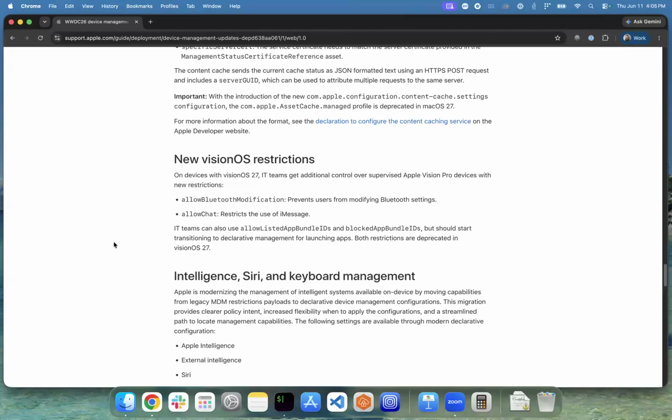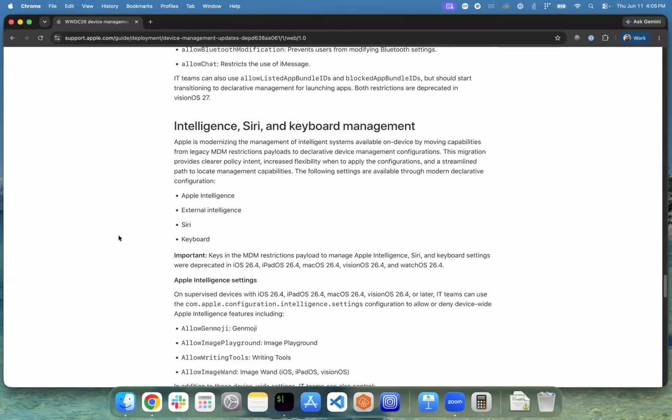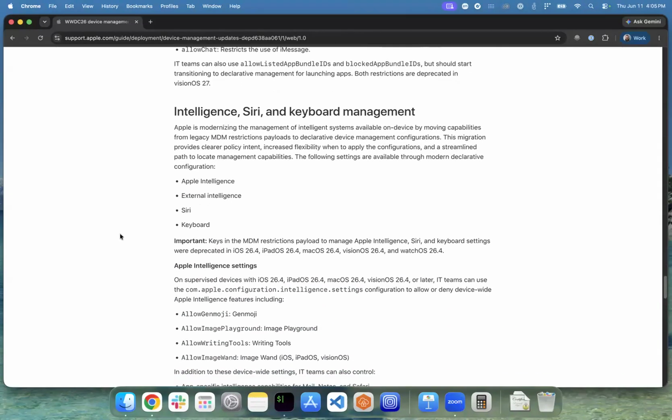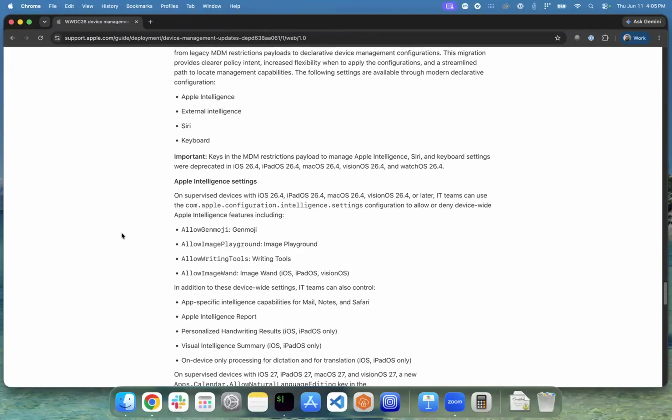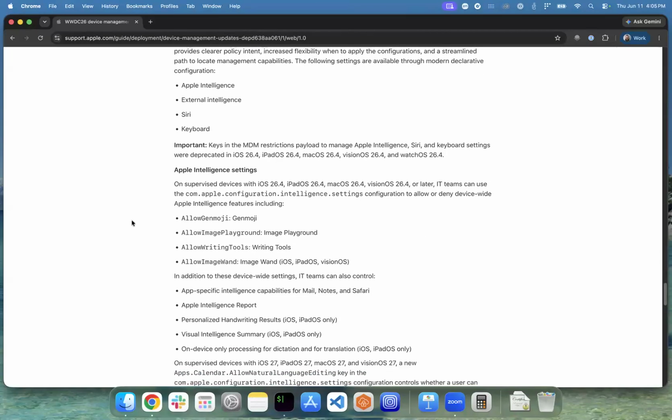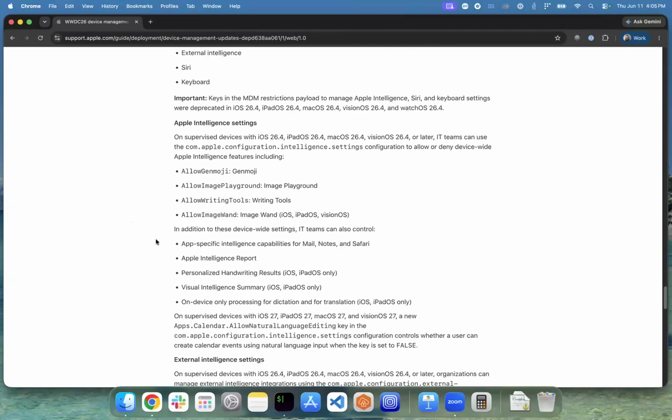Yeah, absolutely. So new visionOS restrictions, I think we're just bringing up the parity of security that you can start enforcing at Apple Vision Pro, which is really nice to see. Yep. Intelligent Siri and keyboard management. So, really, a lot of what is being done here is adding really granular restrictions and configurations around these Apple Intelligence features. Even down to the app level, so